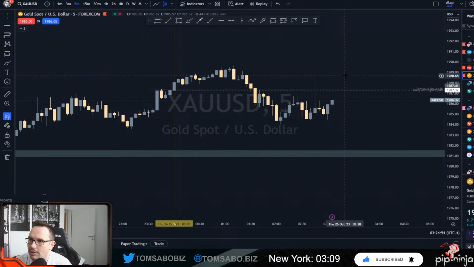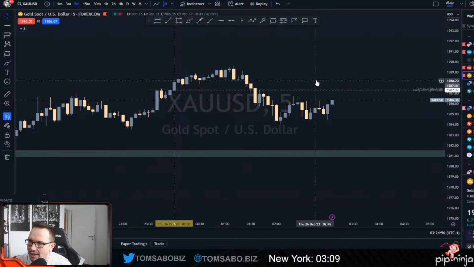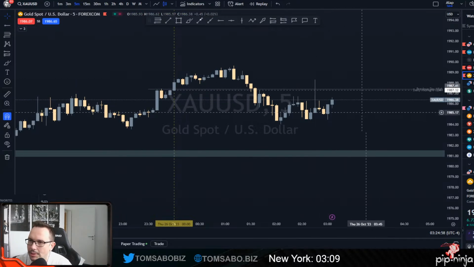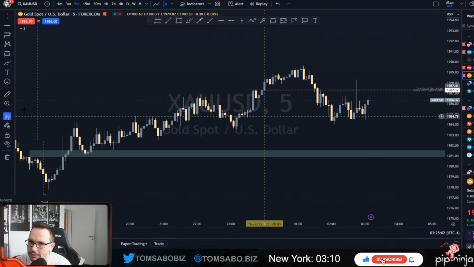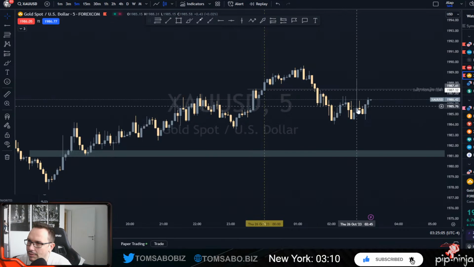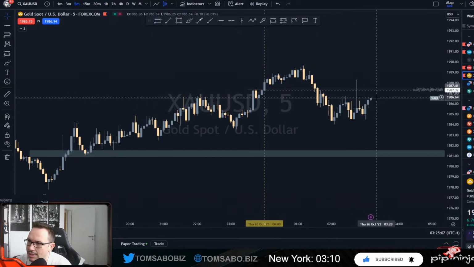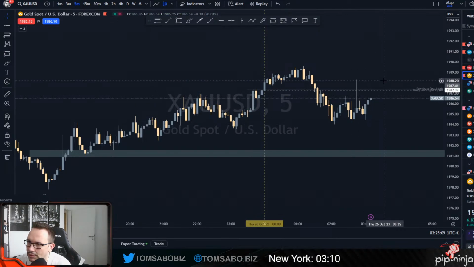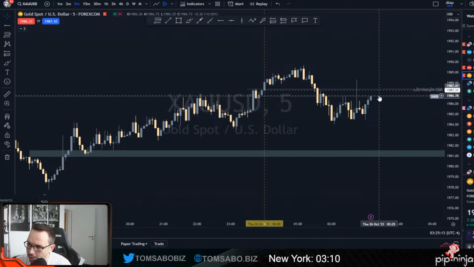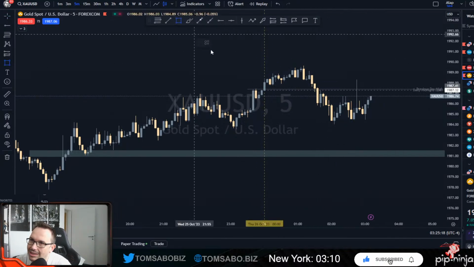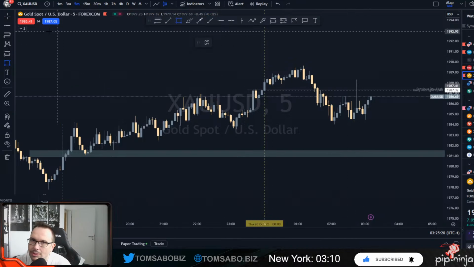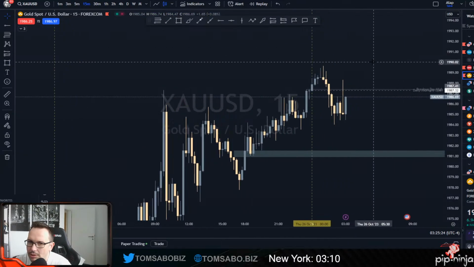So if we go down to the 5-minute, we still see this long wick candle. The thing which I don't like is that these kinds of long wick candles like to get filled. As you can see, it's getting ready to be filled. But it's not a signal to go long, actually. But I wouldn't go short either. There was a small imbalance right there. Doesn't really matter. So nothing really to see here.